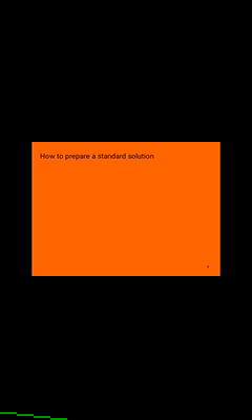How to prepare the standard solution. Standard solutions are prepared using volumetric flasks for different volumes. They are available in 100 ml, 250 ml, 500 ml, 1 liter, etc. The required amount of solute is calculated by using the principle W = M × GMW × volume in liters. This can be obtained from the molarity equation.